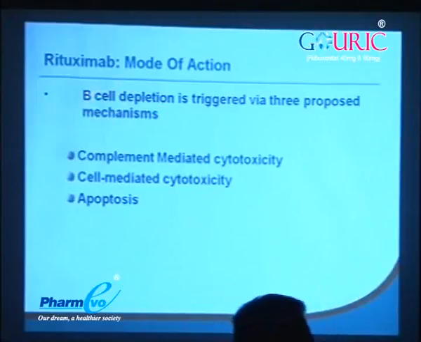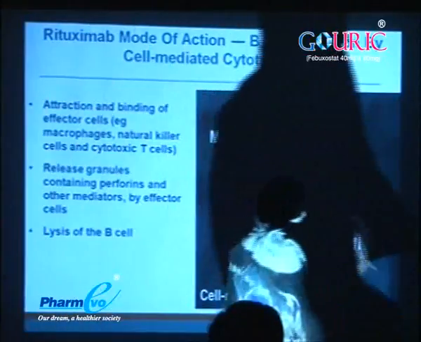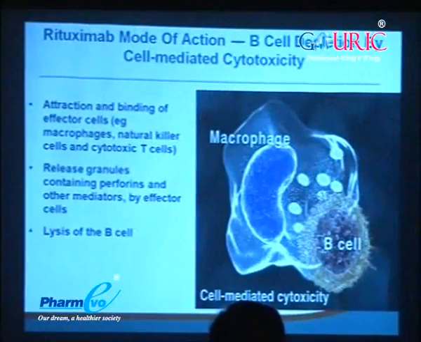And how does that work? It is by complement mediated cytotoxicity, cell mediated toxicity, and apoptosis. So how does it deplete the B cells? By binding to the B cells, it activates the complement system, and when the complement system is activated, it leads to the lysis of the B cells by forming pores in the membrane. So the other action is